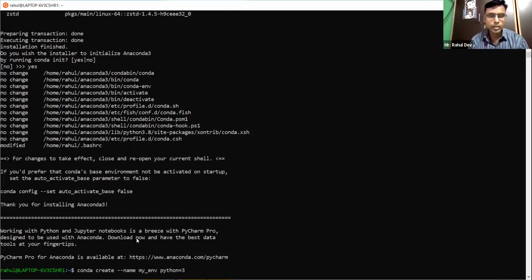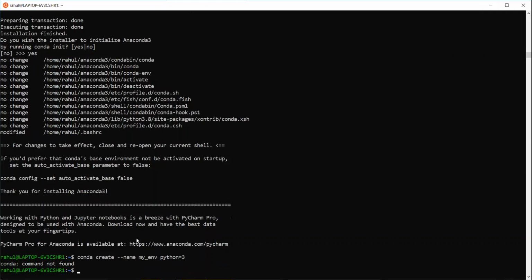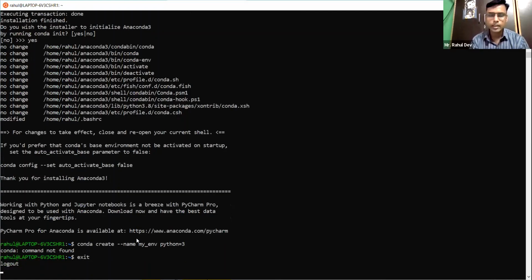There is another command, conda create, and now we have to create the environment we have installed. We have to initialize the environment. Whenever it says conda command not found, we have to type exit here, and we will be out of the Ubuntu app. Then we have to type Ubuntu in the box where we have typed.